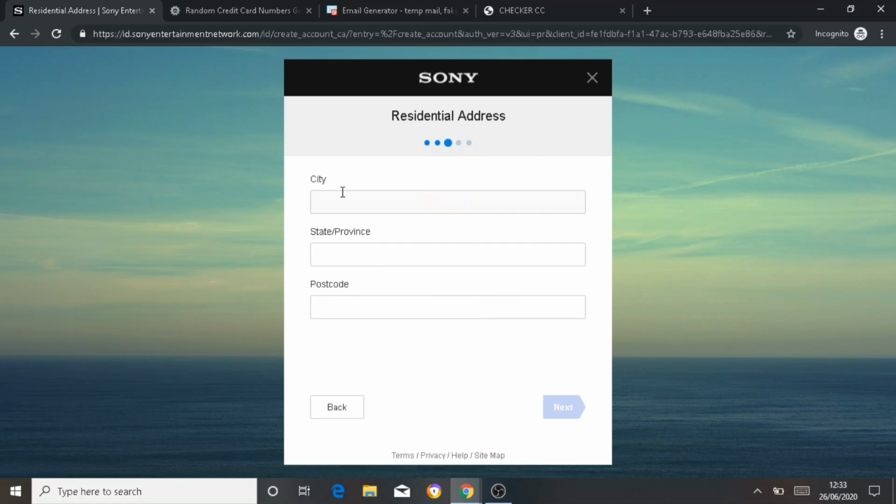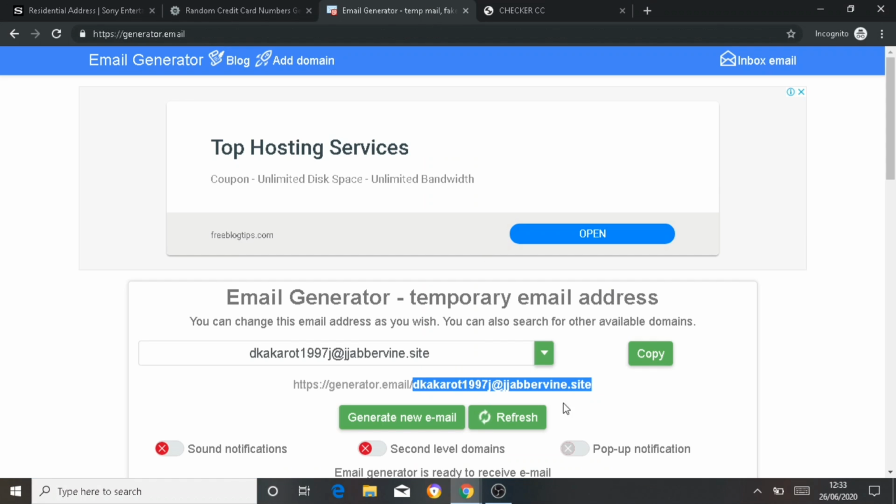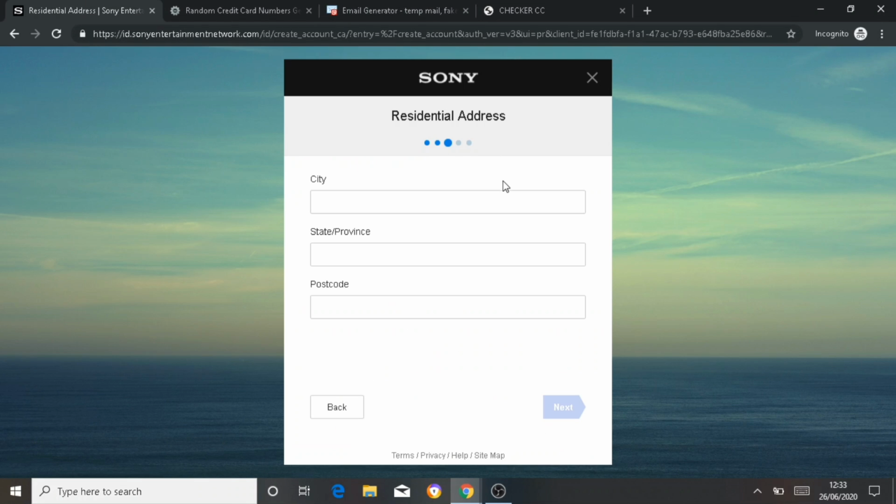Once you've done that, for some of you it will ask for the residential address and for others it will not. And if the email does not work, then you just want to go to the email generator and generate a new email and add it. For the city you will be adding Muscat with a capital M. For the state you'll also be adding Muscat with a capital M. And for the postcode you will be entering 11140. I repeat,